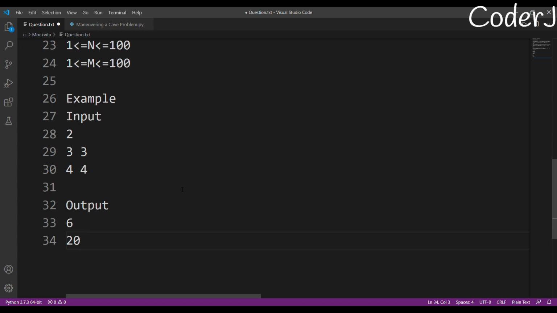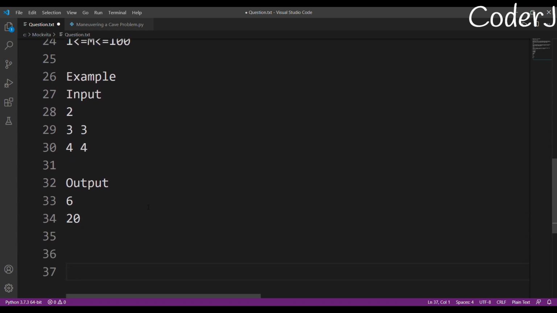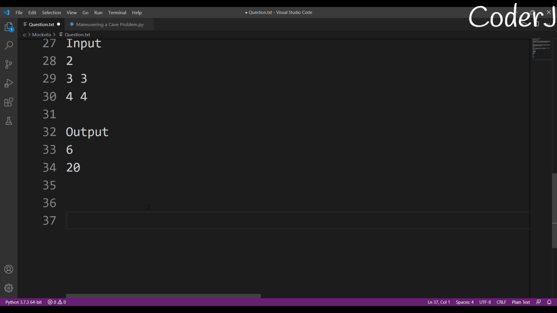Let's try to dissect one of the examples. I'll take the 3 3 example. Assume that this is a cave, and I'll mark all of the cells as x. x means that till now I've not traversed them.